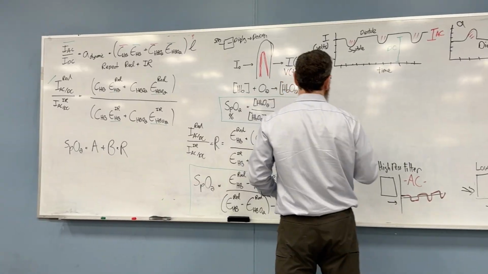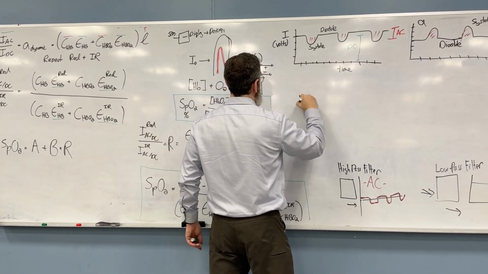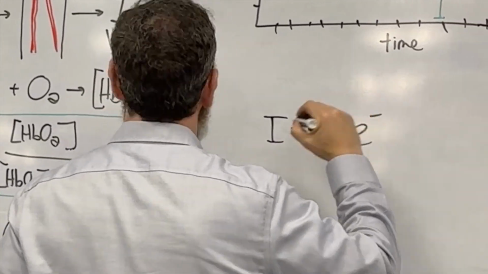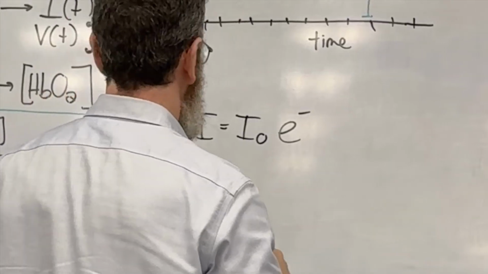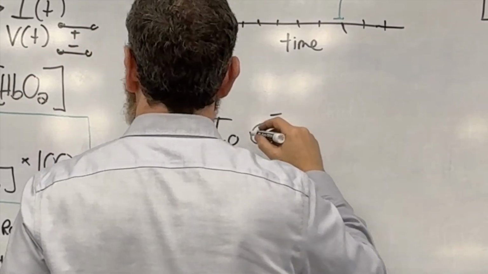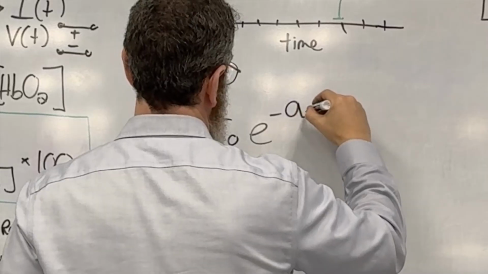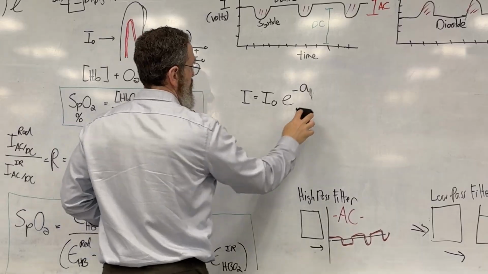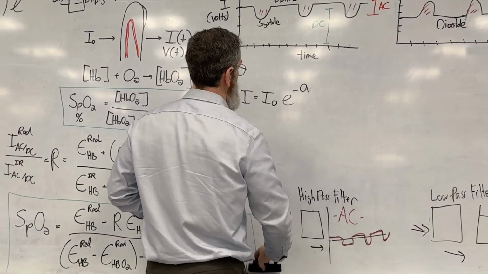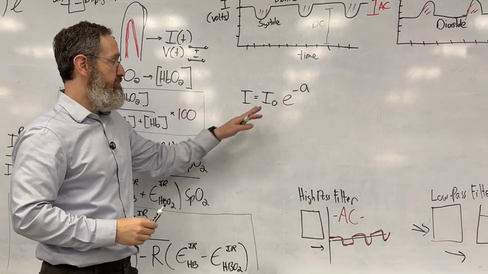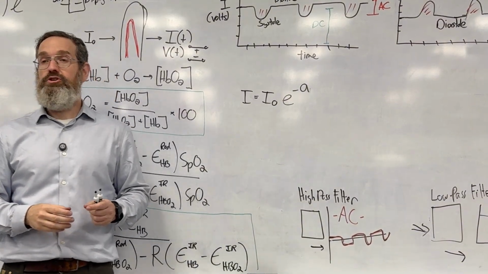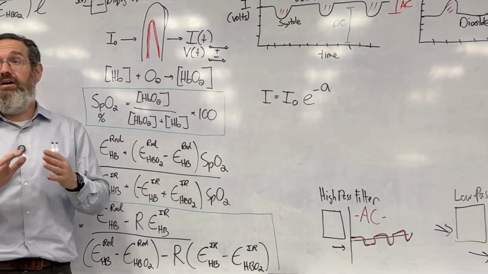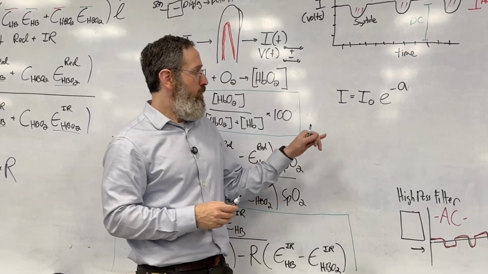So the Beer-Lambert law said that, let's rewrite it. It says that I is equal to I sub 0 times e to the minus absorption coefficient, minus a. That's the standard, the most basic Beer-Lambert law. Now I'm going to show you all the ways this fails, and I'm going to show you that none of them matter. So one of them is